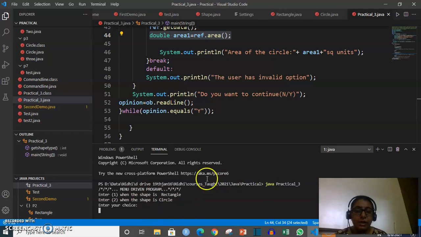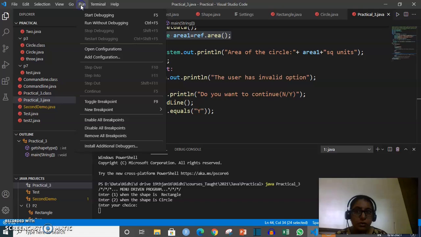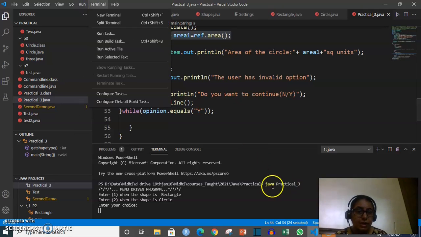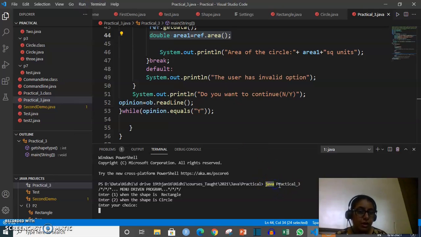So it can be executed right directly rather than going on to a separate command prompt. It can be executed here. So after compiling it or after debugging, you can just invoke the Java runtime machine on here on the command. So this is it for your package question 3.